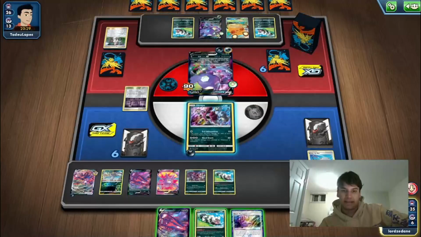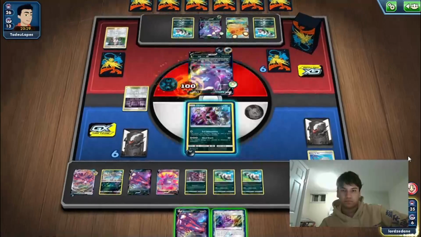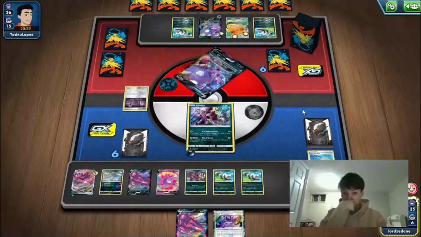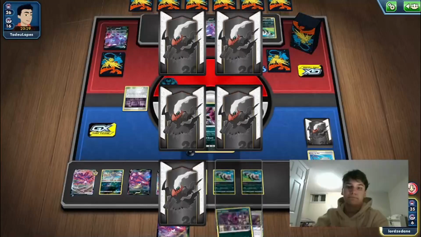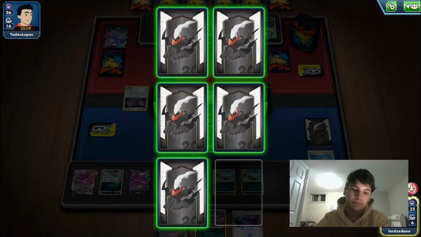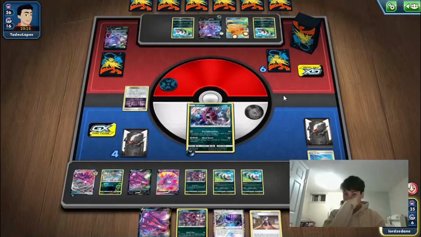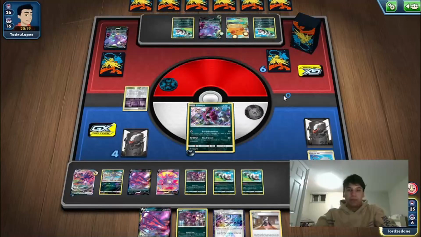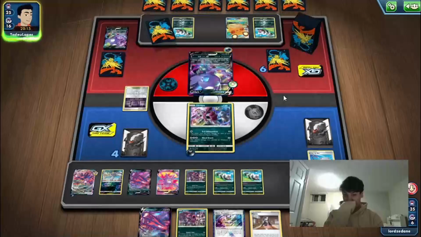But yeah, here we're just going to knock out this Disable IV, Evil Admonition. This is where the Evil Admonition Hoopa comes in handy over the Darkness Ablaze Hoopa. Just not having to find a switching card to attack with it over and over again. Especially into something like Malamar, where they're probably not going to knock it out after you use it the first time, so...